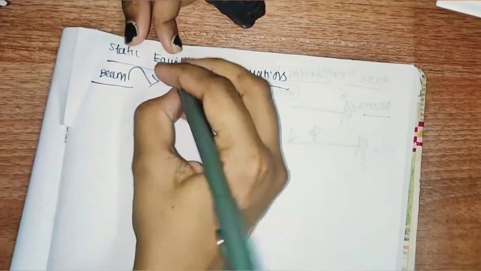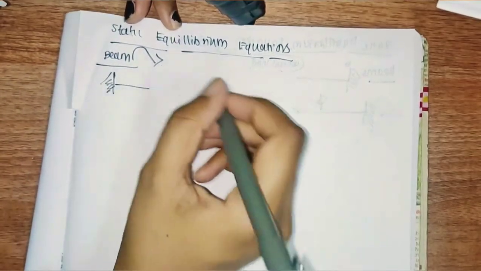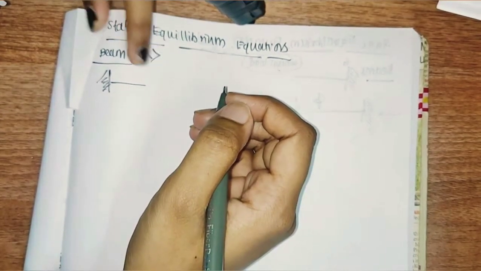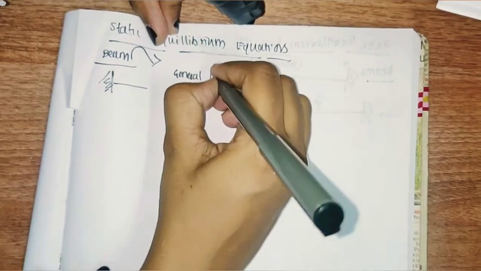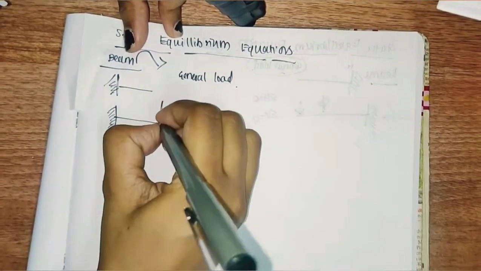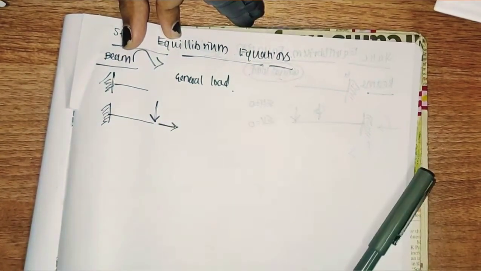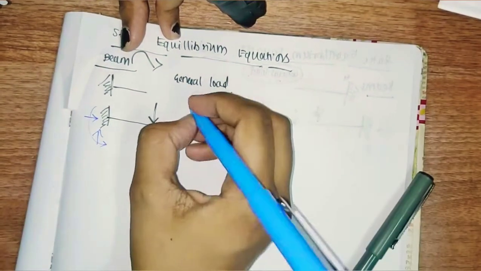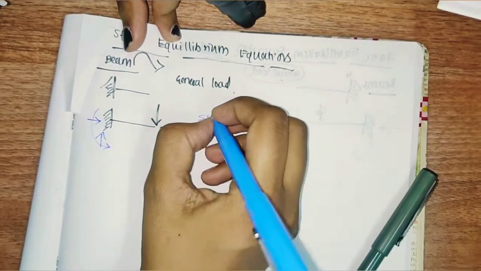In this beam there is a fixed support like this, but really no horizontal or vertical reaction is possible; we are assuming there is a horizontal and a vertical reaction, so we are considering it as a general load. I'm assuming there is a fixed support with a point load P acting, and there is a vertical load also. There will be a horizontal and a vertical reaction, and there will be a moment also. So here we can write the equilibrium equations.